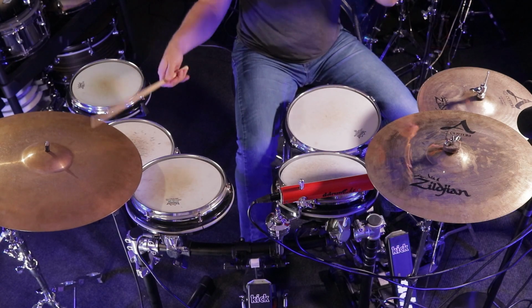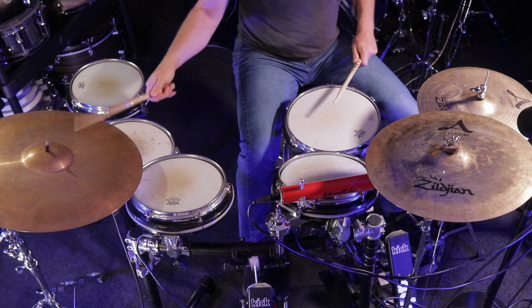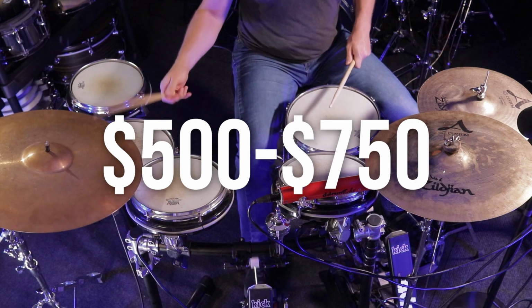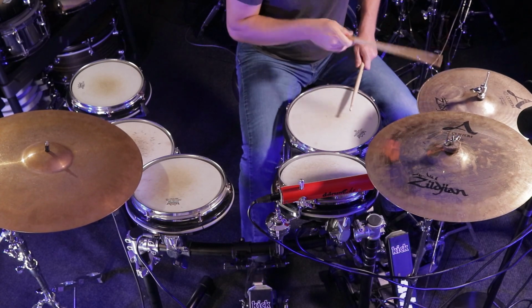Now, of course, this drum set is not worth nearly that much money anymore. It depends on the market and what people are willing to pay. The module by itself currently is being sold for about $500. Just shipping this thing is very expensive though. I think I paid like $150 or $130 just for the shipping because of how heavy everything is and how